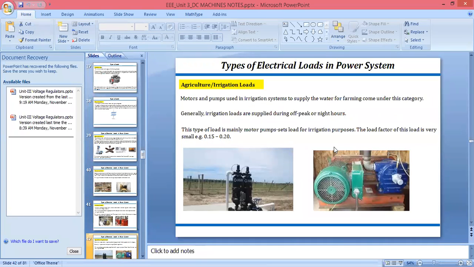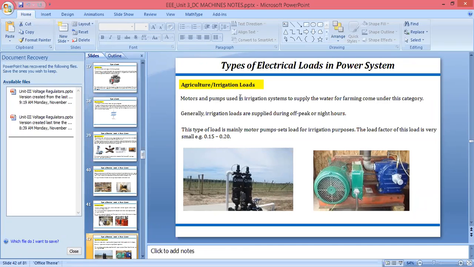Now we have to see about the agriculture or the irrigation. It means if we are using electrical load at the agriculture level, at that time we can say these are agriculture load. So motor, pump, you can see here, these we can use in the irrigation system. So we can say these are nothing but the agriculture load, and we are using this motor and pump to supply the water for the farming. So we can say these are nothing but the